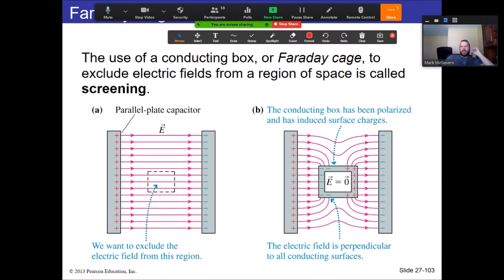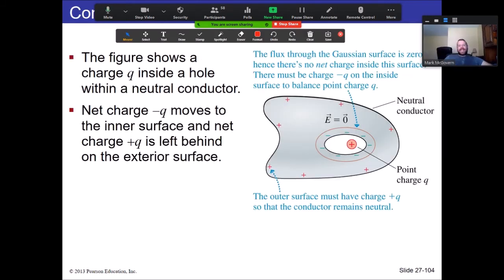For example, you can also use it to shield things. So a lot of things like hospitals or buildings that have very sensitive equipment, they do screen to not allow outside interference and things. So now, what if something is inside the cavity? What if something is inside the cavity? Now it's different. Because if I create a Gaussian surface inside the conductor,